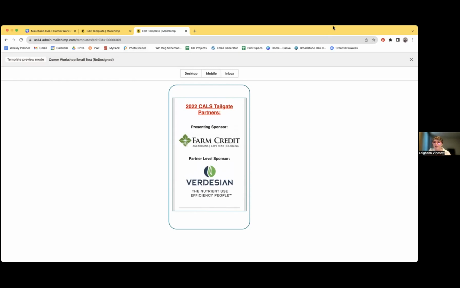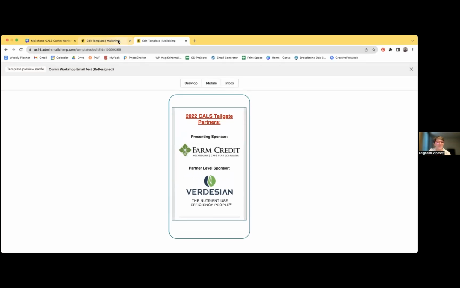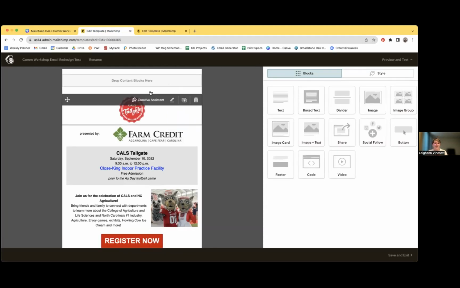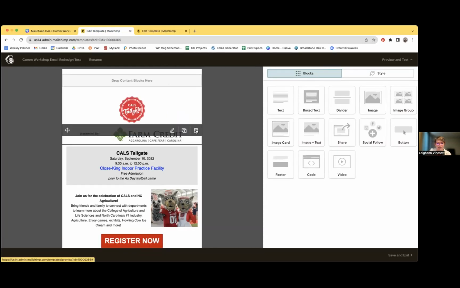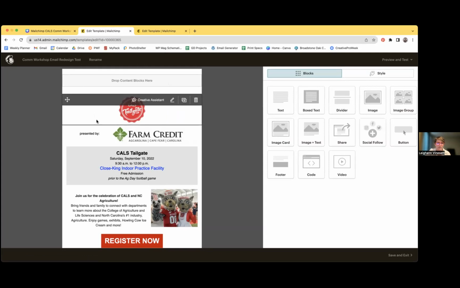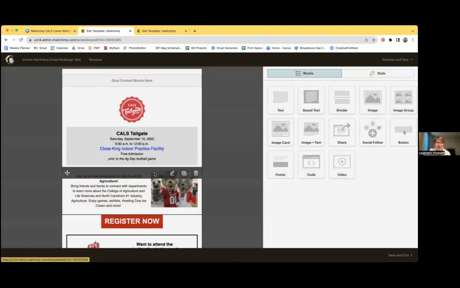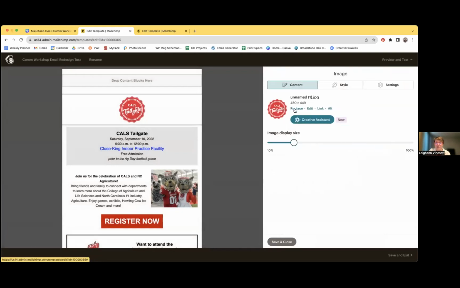I'm going to show you some of that. I'm trying to read, my Zoom bar's in my way. So yeah, here's how I did that. Really easy. My first change, making this into one image, I just deleted this block. And then I went in, and instead of this one, I uploaded,